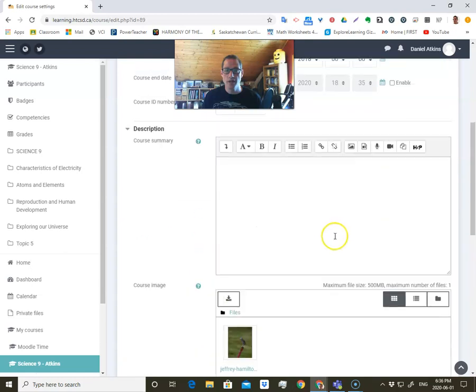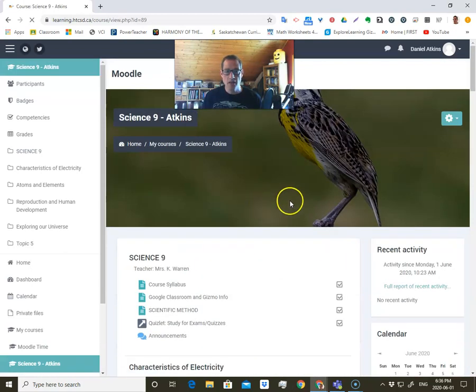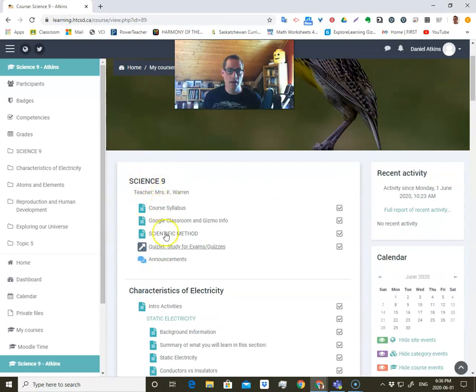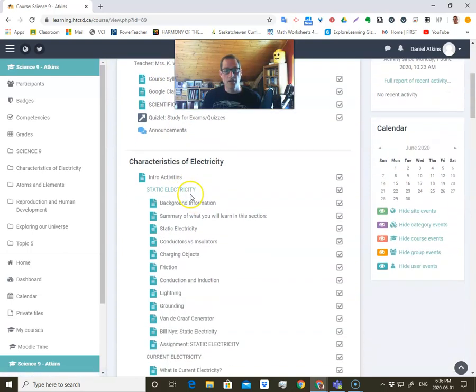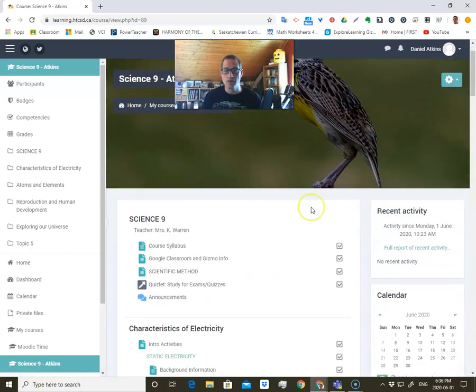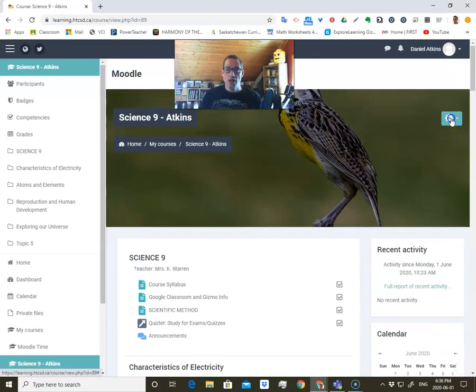So topics format, again, just looks like the topic here, and then it has all the content underneath. So these are like the syllabus, info, and so on, and quizzes, and all sorts of good activities here. So if you change this, go back to Edit Settings,